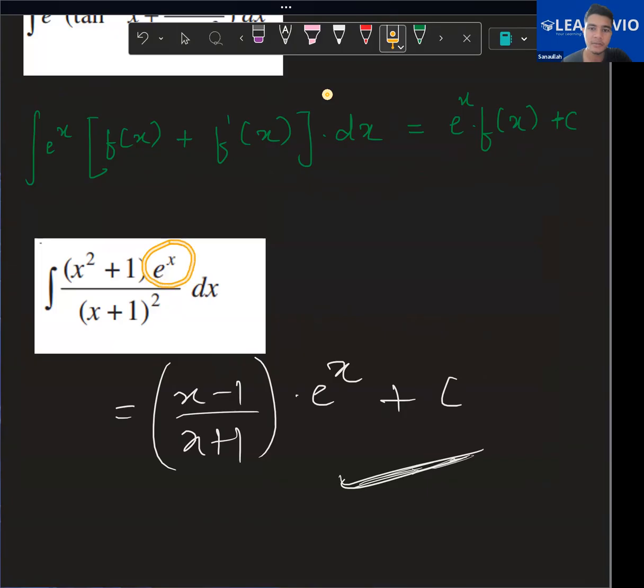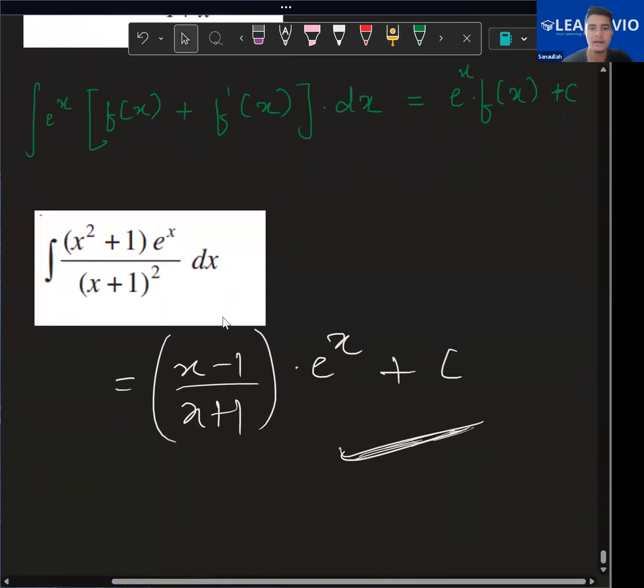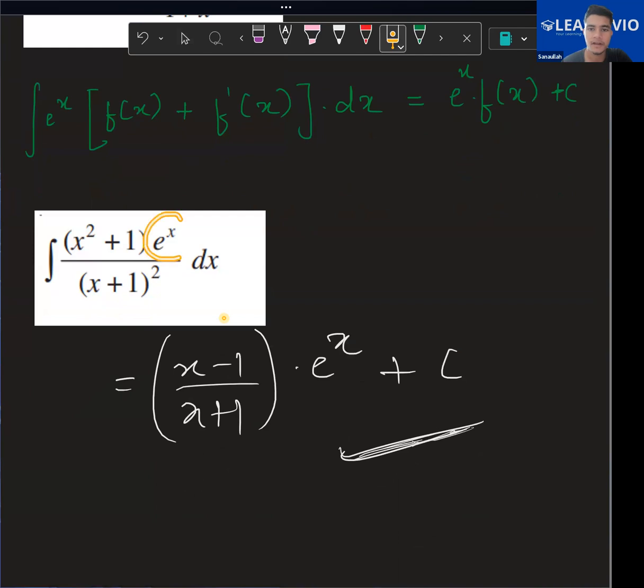Whenever you have an e^x in the numerator, then you should always try to make this form. अगर आपका ये फॉर्म बन जाता है, then you can directly write this, ठीक है। सो क्वेश्चन अगर ऐसे आते हैं, सो उसमें आपको ये फॉर्म बनानी पड़ेगी। यू विल नॉट गेट अ डायरेक्ट क्वेश्चन लाइक दिस। एमसीक्यूज में आ सकता है, दैट इज अ डिफरेंट थिंग। बट अगर इस क्वेश्चन को बनाना है, सो आपके पास ये e^x, दिस इज अ साइन दैट यू कैन मेक दिस फॉर्म। सो जब भी आपको न्यूमरेटर में e^x मिलेगा, इस पे ध्यान देना कि हाउ कैन आई मेक दिस फॉर्म। ऑल राइट, गुड।